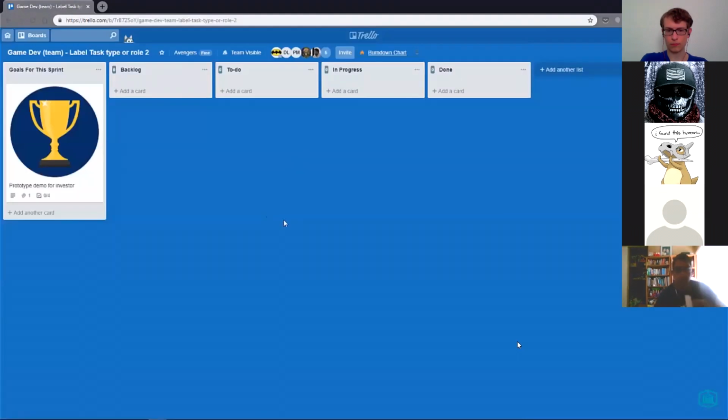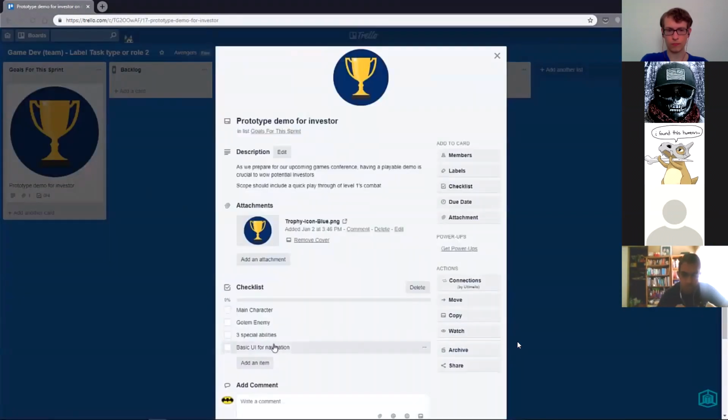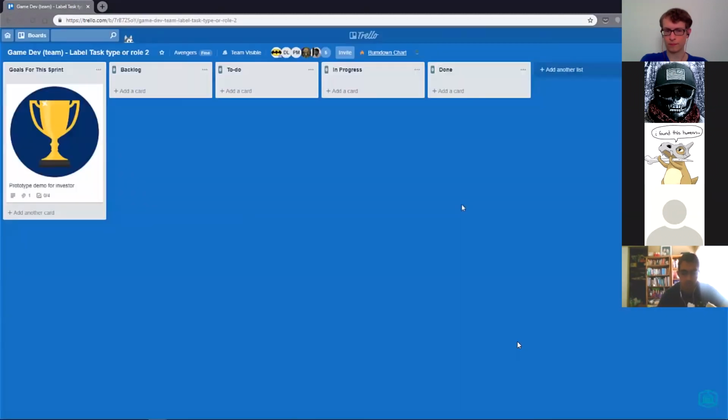So think of cards as an advanced sticky note. With the goals listed down here, and the team briefed and aware of what needs to be done, you will then need to sit down with the team on the first day of the sprint and plan what tasks everyone will be working on in order to achieve the goals that have been listed. We're going to use cards to also list down the different tasks that the team needs to work on. So I'm going to jump ahead and quickly do that.